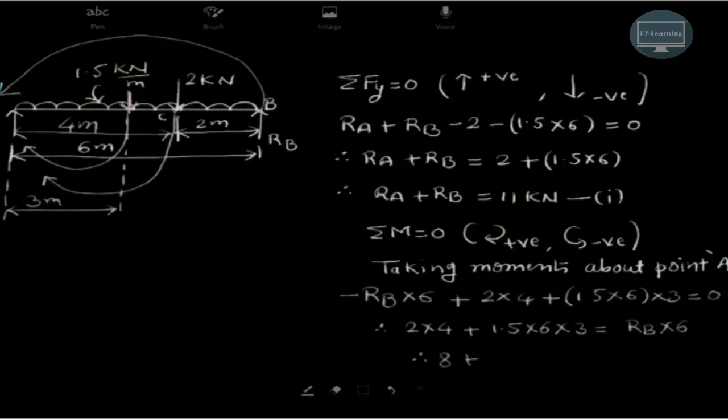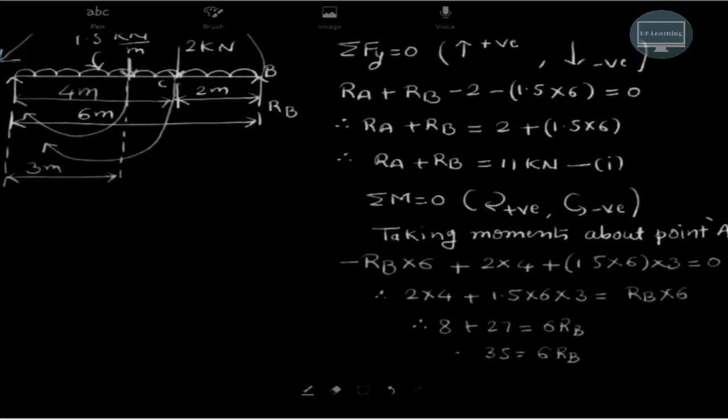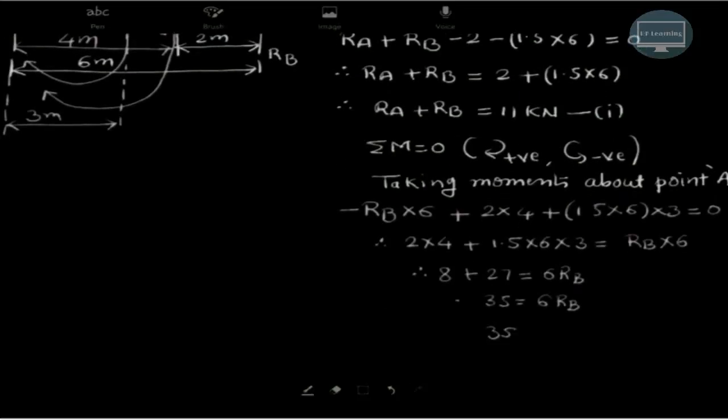So this is 8 plus, now we have 1.5 into 6 into 3, so that total will be 27, that is equal to 6 RB, and therefore 35 will be equal to 6 RB, or we can say that 35 divided by 6 is equal to the reaction at B. So RB will be equal to 35 divided by 6, that is 5.83